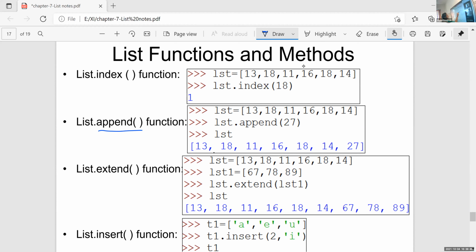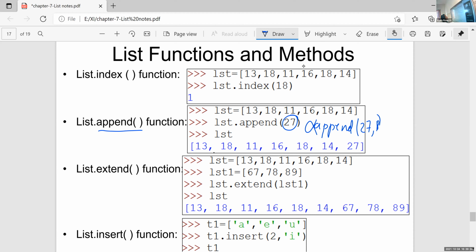Okay, here the meaning is append function is used to add one item at the end of a list. That is, we can add only one item. We can't use append 27, 8 because here two values are there. In the case of append function, we can use only one item within it. We can't add two values at the end of a list. Append is used to add a single item at the end of a list.